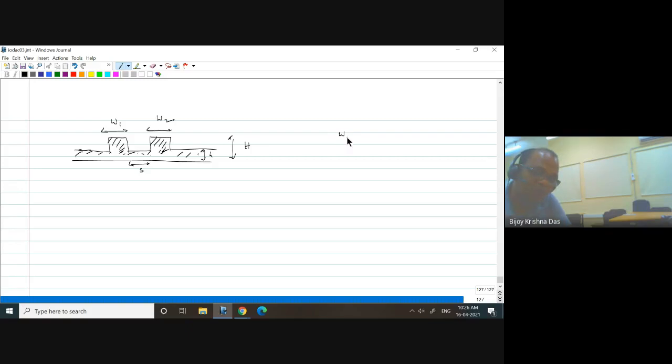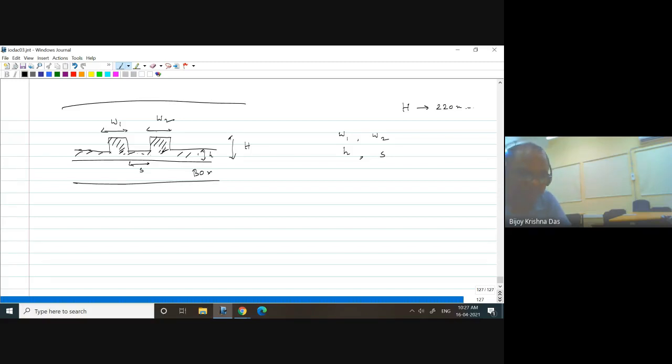So we have W1 and W2, the widths of the first and second waveguides, and another parameter will be small h, and another parameter will be S, right? And H is normally given by whatever device layer thickness is commercially available and used by the foundry. Typically it is 220 nanometer for an SOI wafer, right? At the bottom is your oxide box layer, and the top layer can be oxide or air, something like that. Okay, so this is your region.